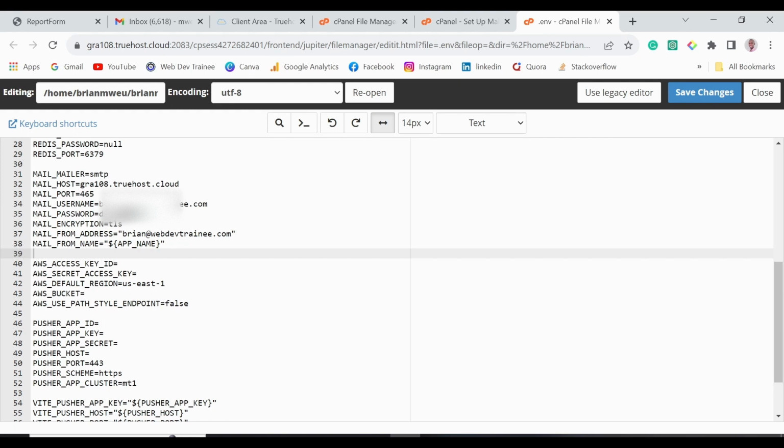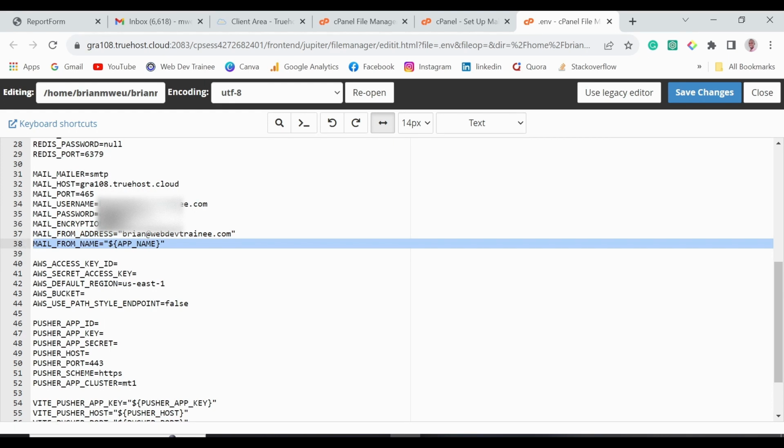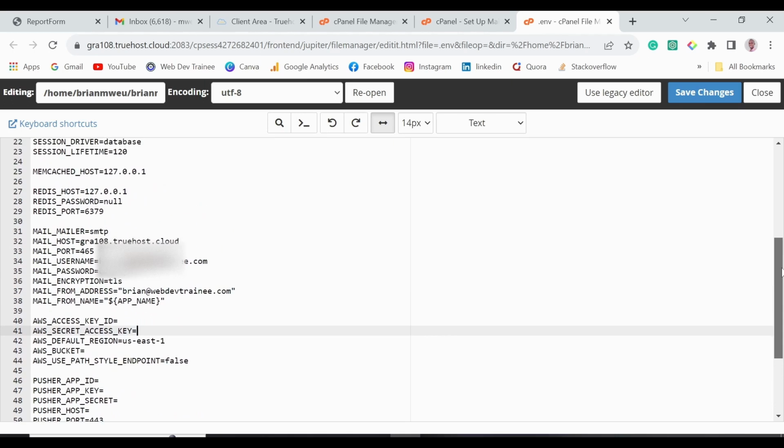And then lastly, this one is just there by default, so you don't need to know about it. Yeah, so that is what we have within our .env file. And once you have that set up correctly, now you should be able to send a message through our contact